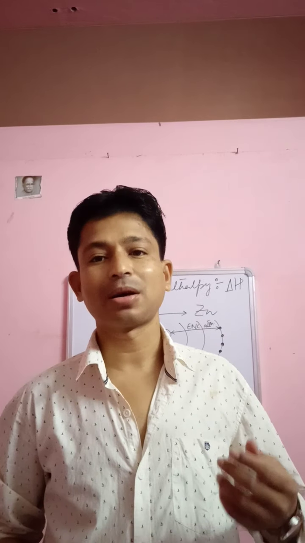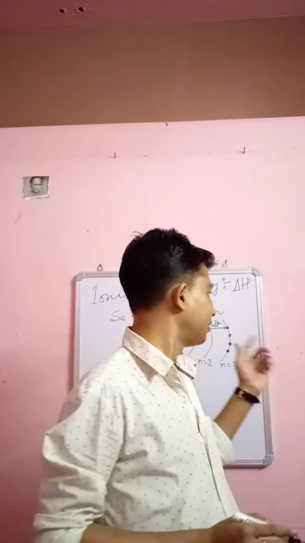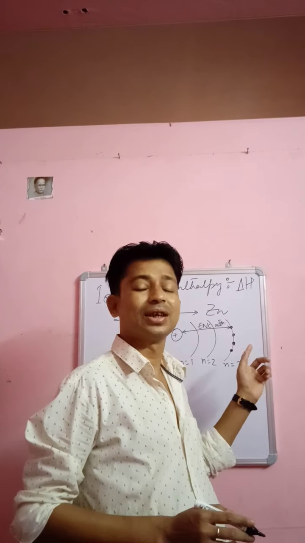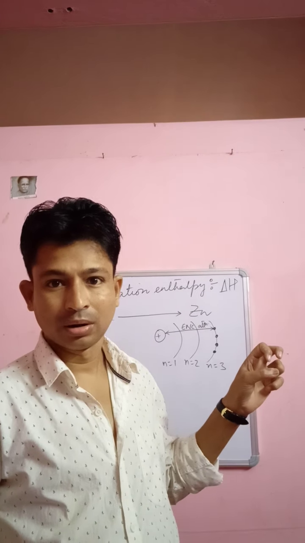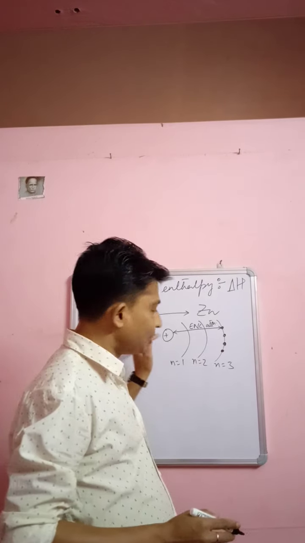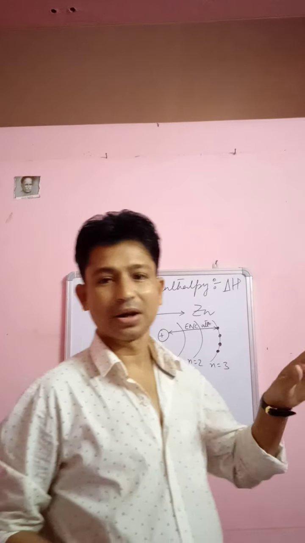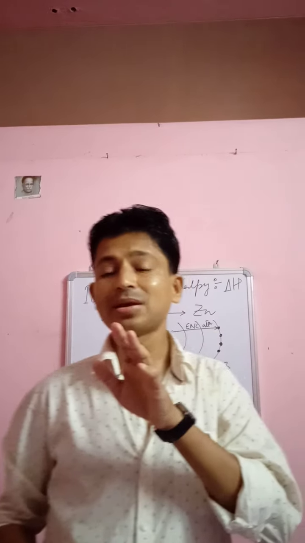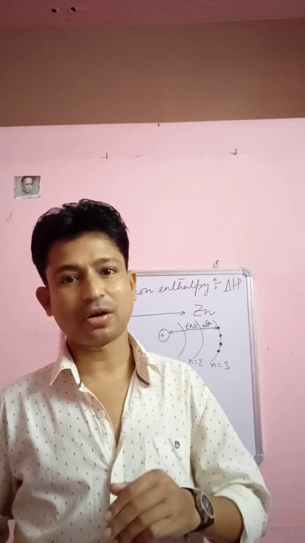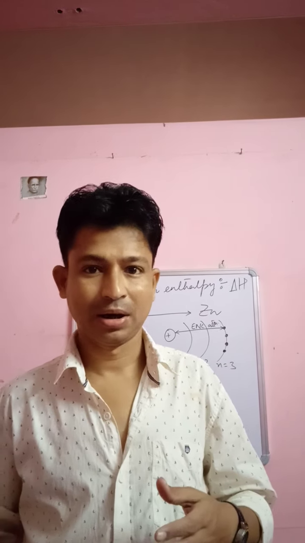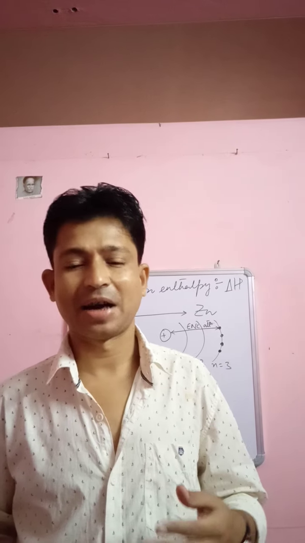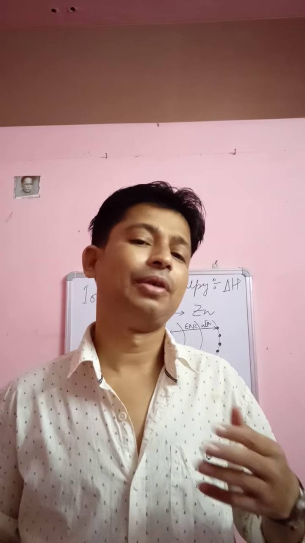It becomes difficult for the element to remove an electron from its outermost shell because of the increase in effective nuclear charge, or you can say because of the increase in attractive force between nucleus and electron. So as we move from left to right along a period in the periodic table, this gradual filling of electrons takes place one by one, progressively. Scandium has 1 electron in the d orbital, titanium has 2 electrons, vanadium has 3 electrons, chromium has 4 electrons. Like this it goes on filling one by one.